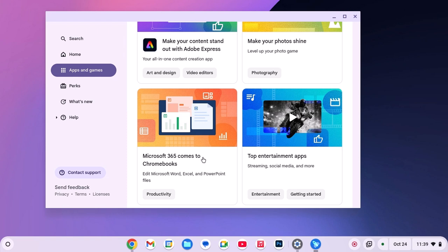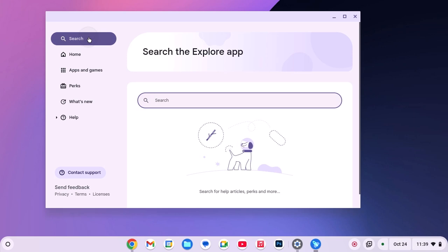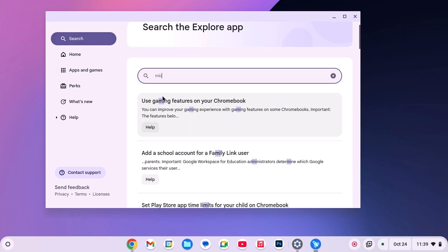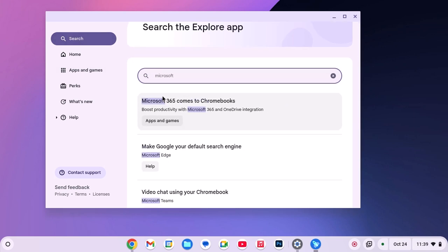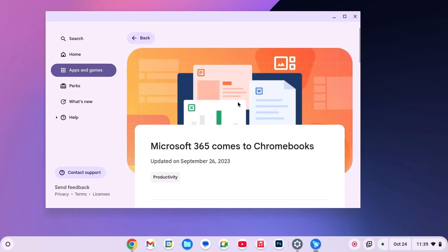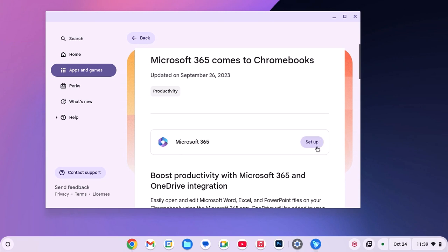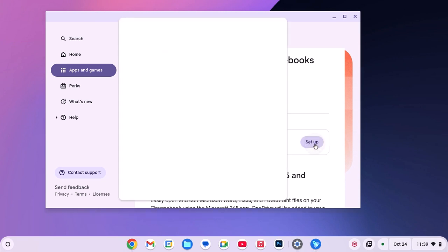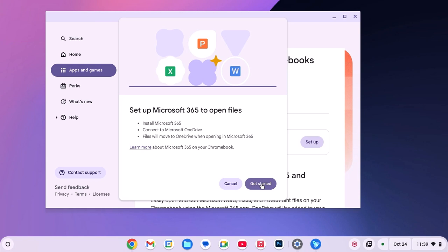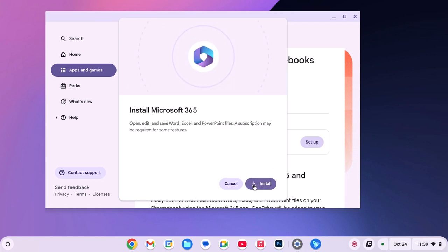However, if you're not able to find Microsoft 365 option on the Explorer page, then you can simply click on the search icon and here search for Microsoft 365 and here you will get the option. Simply click on it. Now scroll down and here you will find Setup option. Simply click on Setup. Now click on Get Started and finally click on Install and wait for the installation process